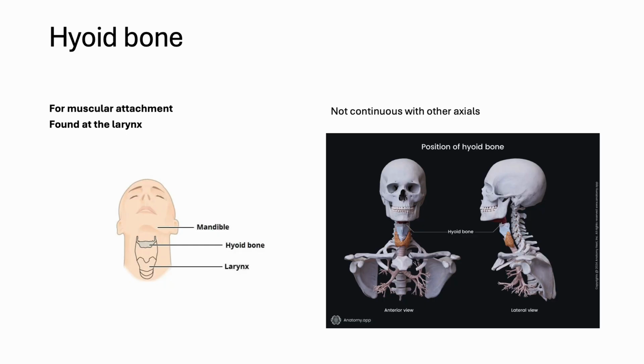Hyoid bone for muscular attachment and found at the larynx. So you can see it. So that was